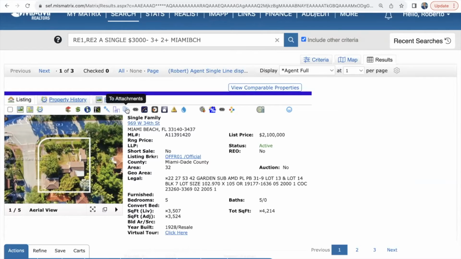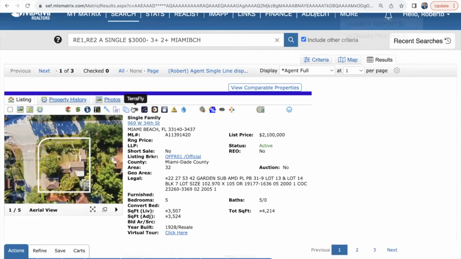And right here we have an attachment. So always pay attention to the little logo for attachments. If there are attachments, you want to take a look. Here they're giving you a floor plan, site plan for the property. So whenever there's attachments, you will see that little logo. You want to click and you want to see the attachments.